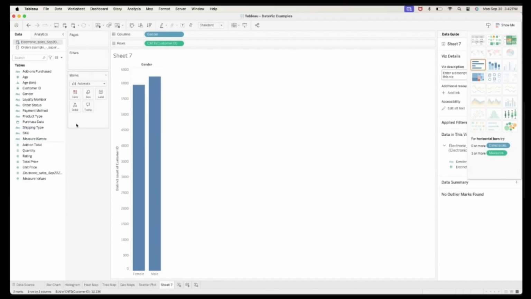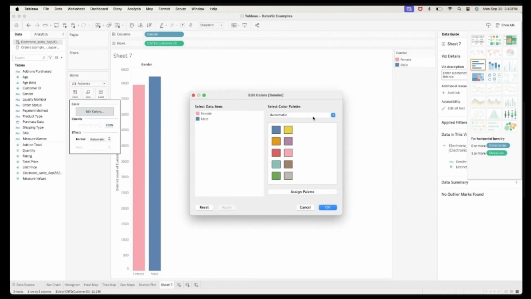Okay, how about the color? I'm gonna get the gender again and drag it to the color here. Then I'll have that. So I have now, kung nakita nyo, nag-add din dito. And you can also change the color if you want to. You can edit and choose. So nag-automatic na siyang ganyan.